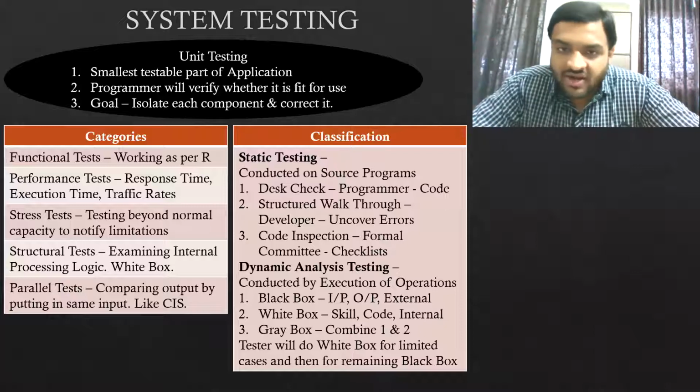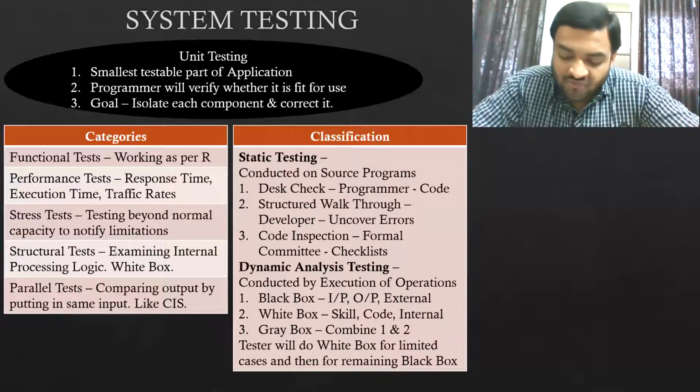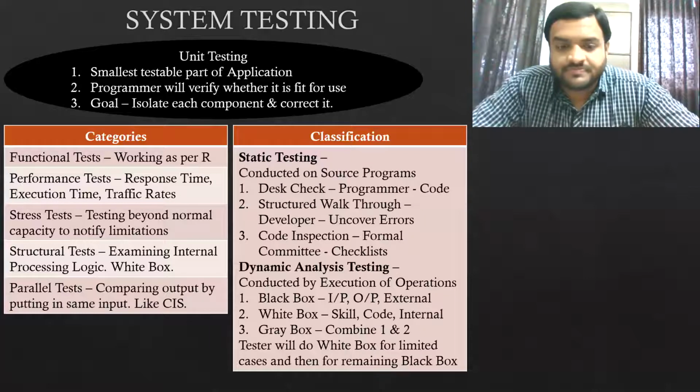So any kind of operations, whether the processing is done correctly or not, we will verify in black box just by comparing the input and output, or output of new system with the old system.